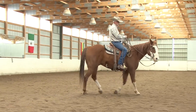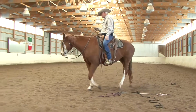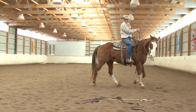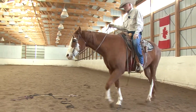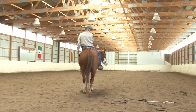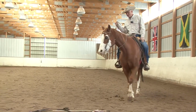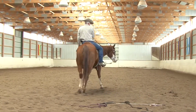And now we check him out on the lifting rein. So when we come around again, we'll demonstrate that. So just in time with the right fore, now. It has the quality of lifting his shoulder and moving his body to the outside of the circle. These are the most elementary reins. These are the most elementary maneuvers. And they absolutely have to be able to do this before they can enter any other kind of training if they're going to do any good at all. So now we try to...